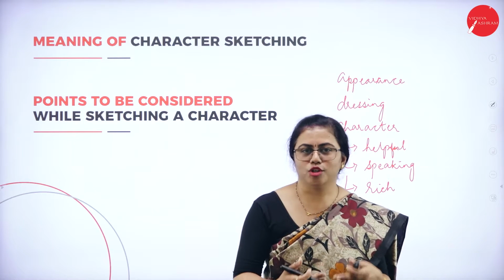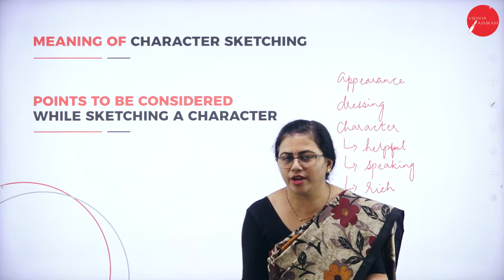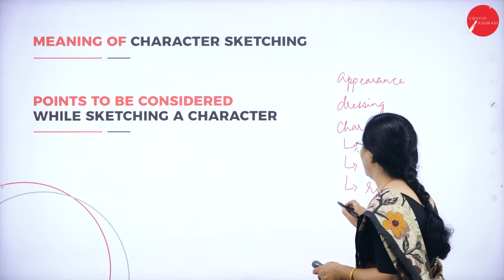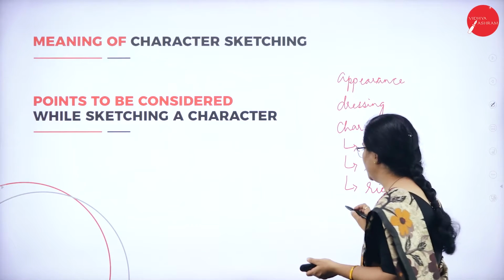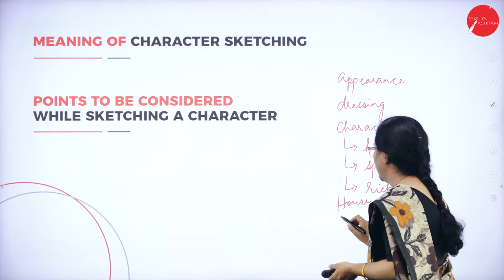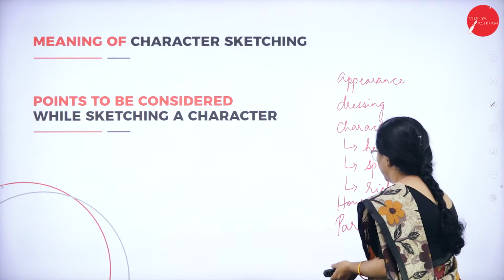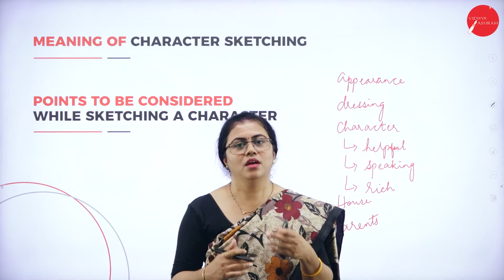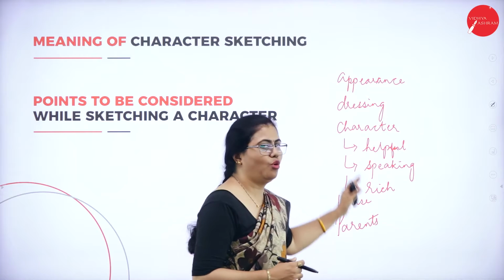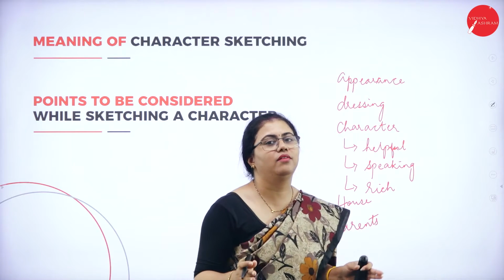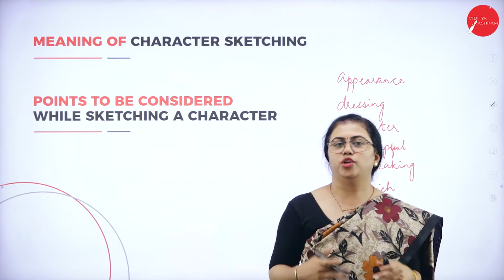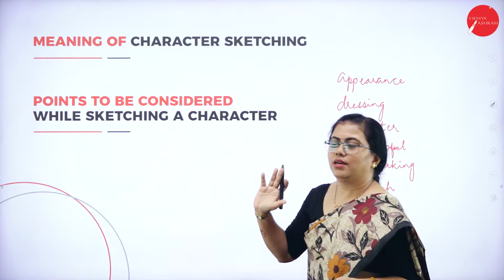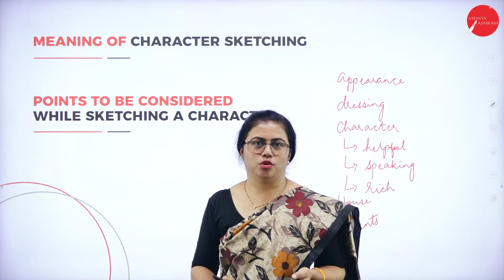Suppose you happen to spend some more days with that person, then what do you observe? Of course, when you spend some more days, suppose you become friends, and then you happen to go to their house also. So what do you observe over there? Then you tend to observe their house also, their house and their parents. So this way, one by one, you'll start climbing level by level, and you'll start observing so many things. After you are there with them for so many months or years, then you get to know that person almost completely. Same way, whenever you are doing character sketching also,